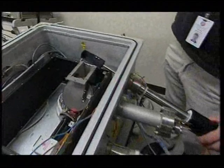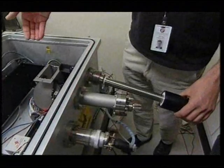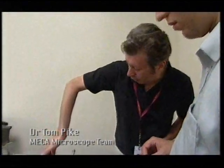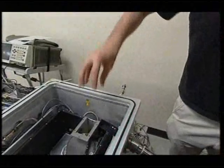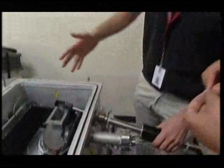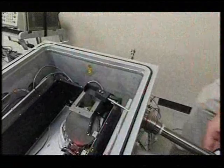MECA's microscope has looked at soil from the trenches Goldilocks and now Snow White, each of which was delivered by the robot arm scoop. The scoop comes in, it comes over the top of here, and we developed a special technique so that we get just the right amount of soil. Originally, we were just going to dump a whole scoopful on here, and that would really overwhelm what we're trying to get here, which is just enough particles to see them individually, not so much that we just clutter up the entire field. So what we developed was a way of essentially getting our scoop here and then giving it